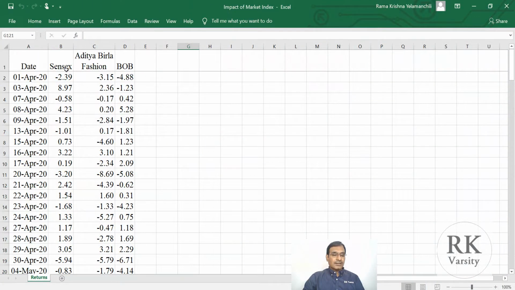Here are the percentage change values of the BSE Sensex for the period 1st April to 30th September 2020, and similarly, the daily returns of Aditya Birla Fashion and the daily returns of Bank of Baroda. Using this, we calculate two separate regression equations. One is for Sensex and Aditya Birla Fashion and another is Sensex and Bank of Baroda. That means we are interested to know the impact of Sensex on Aditya Birla Fashion and the impact of Sensex